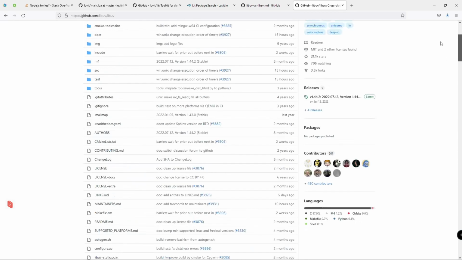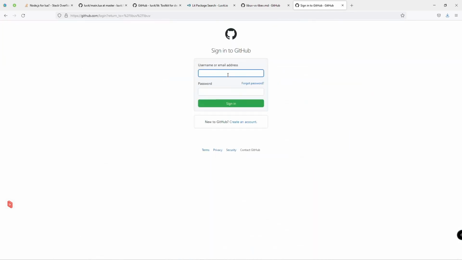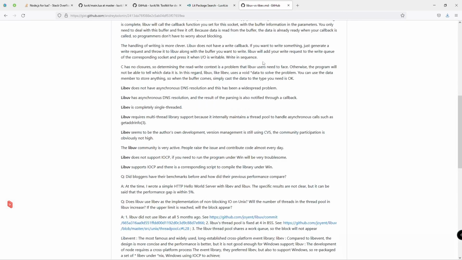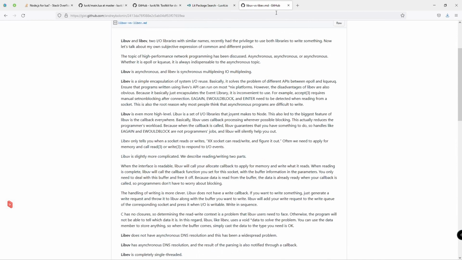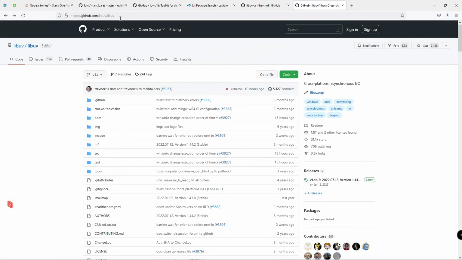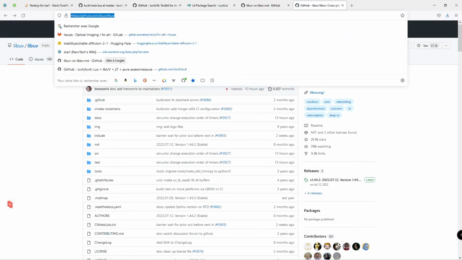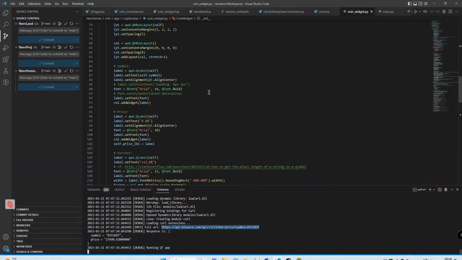Let's make a copy of this. Oh, 3000. And I don't have my account here. Let me do that on another computer. Oh, close the page. Damn it. Reopen. So I'm doing this on another computer right now because I just need to fork the repository. Okay, and meanwhile, let's get back to